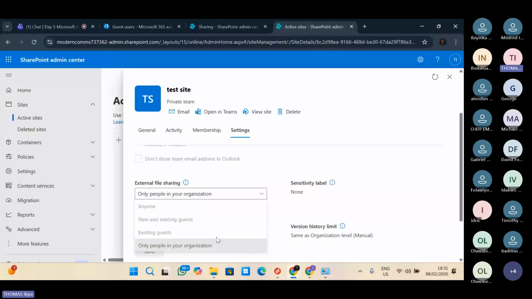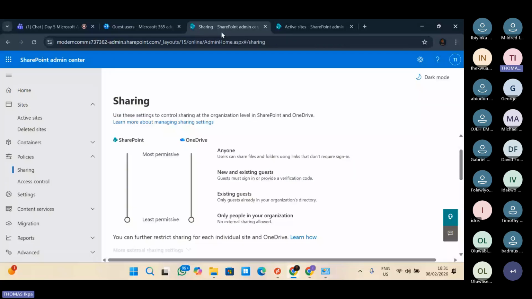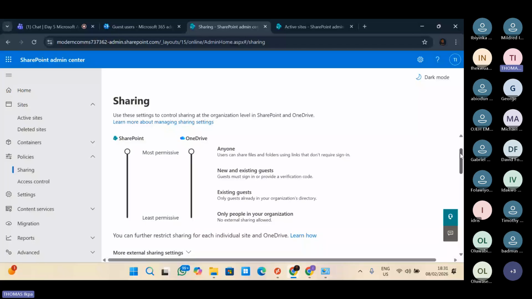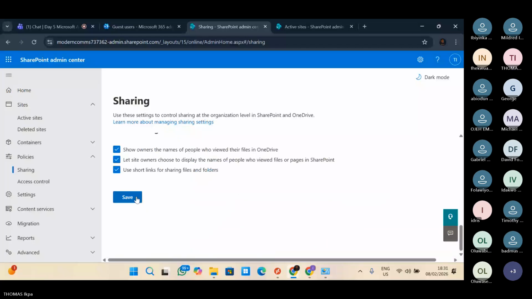Now, if you want some sites to be only people in your organization, and some sites to be anyone, what will you do? You will come here, set this one to anyone, so that the option will be available on site, right? If I save it now,